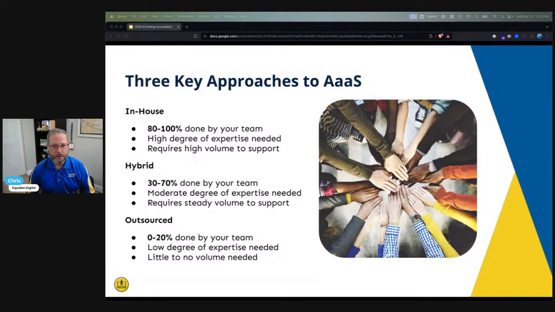So these are the three core approaches, and I think they'll be important as we consider, as freelancers and agencies, what our initial offer is, right? We can think about what our offers might be and how we can start to roll accessibility offerings into what we're already doing. Then if I know that I want to offer X, Y, and Z, or maybe just X, I know that based on what I'm offering, I probably need to go with a hybrid model because Sally, my developer, lacks a little bit of experience in this one key area of accessibility, and this is really what I think my customers need, right? That's the thought process you have to go through.